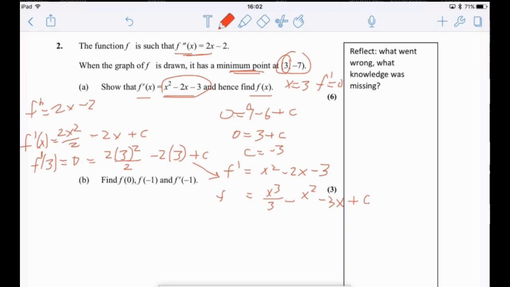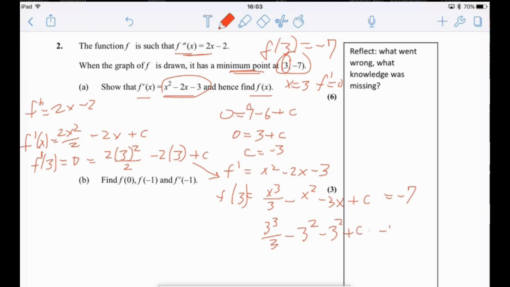Now, they gave us enough information here. They gave us a point that f of 3 is equal to negative 7. So we can actually figure out what c is here, too. We could put in f of 3, and then we know that that's equal to negative 7. So, let's see. X equals 3: 3 cubed divided by 3 minus 3 squared minus 3 times 3, which is also 3 squared, plus c equals